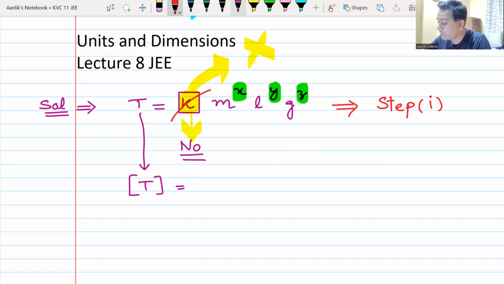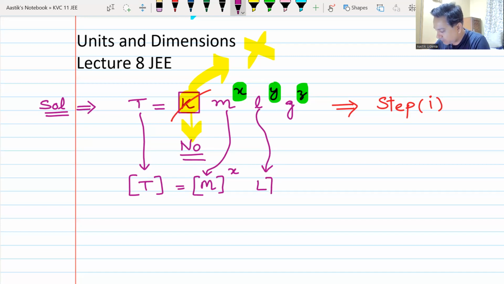What is the dimension of m, my dear friends? M is mass. It can only have the dimension of mass M. M dimension raised to the power of x. That is how I write it. What is the dimension of L? No prizes for guessing this one. The dimension of L is L only. L, remember this is multiplied, raised to the power of y multiplied by